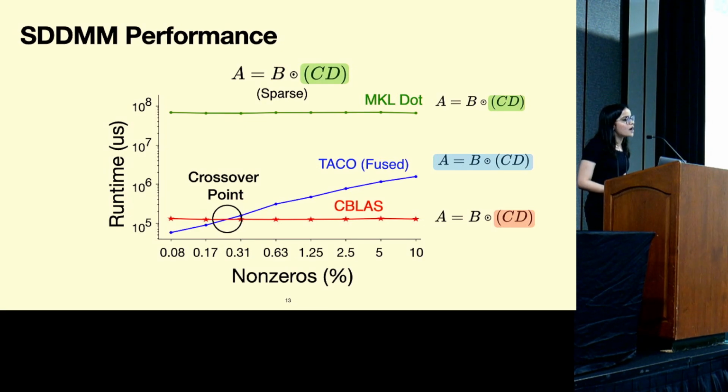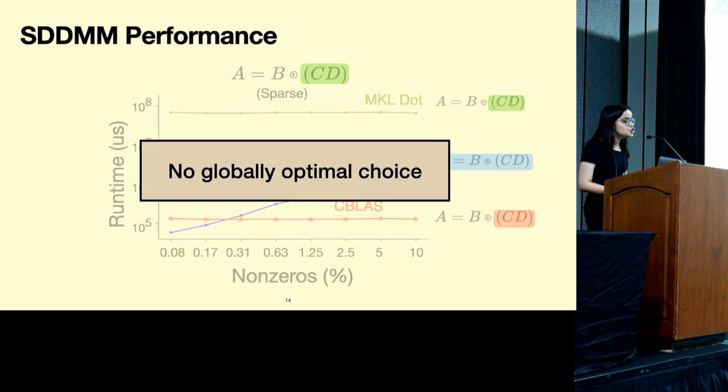And the reason why it's so high is because we need to spend some time rearranging data in memory so that it matches the constraints and expectations of the MKL dot interface. So it's not simply sufficient to just piece highly performant pieces together. There's maybe some cost with data overhead associated that we need to deal with. But really the key here is that there's no globally optimal choice. It's hard to just directly pick the best implementation for the application you have at hand.